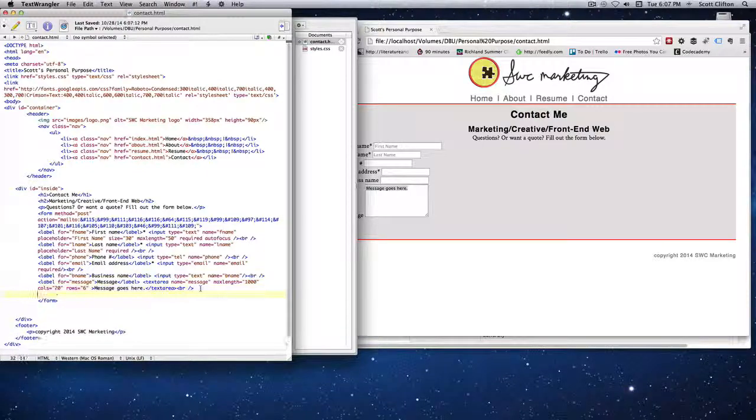Now the last one is going to just be an input type equals submit. An input type submit, and then have a value, and that's the other attribute we need. The value goes